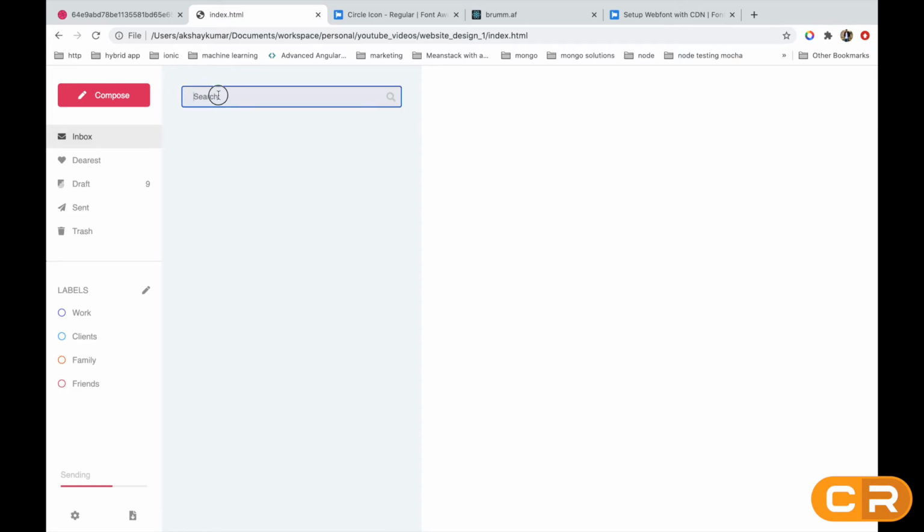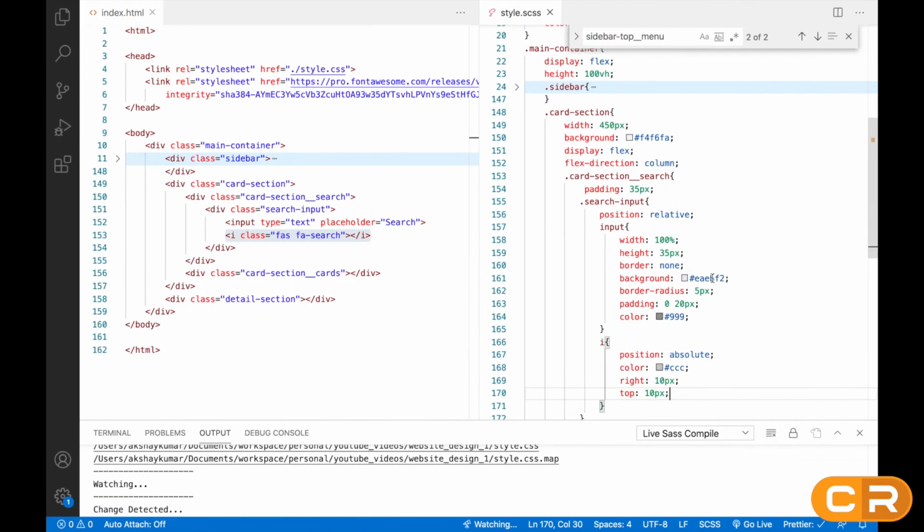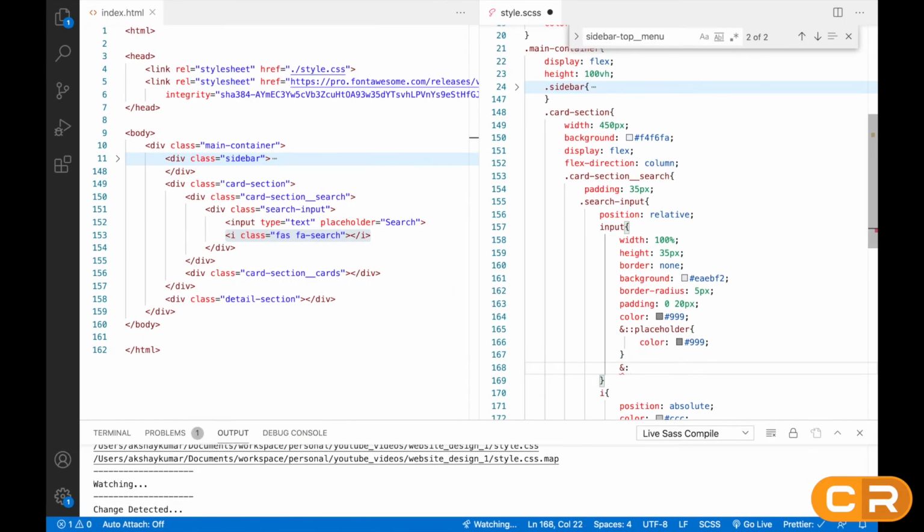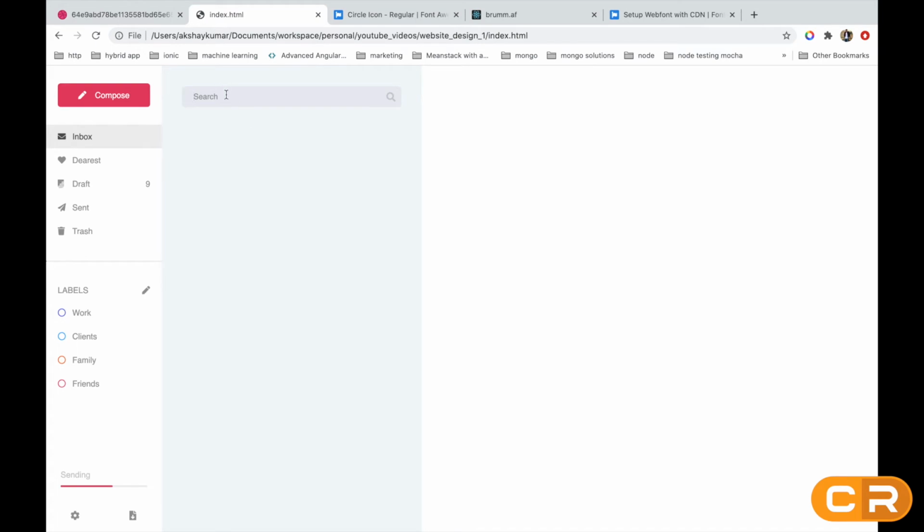We have to change this placeholder text color also. So inside this input we can actually change the placeholder color. Then color will be gray color, like this. Okay, when you click on this input element, you can see this focus also. We have to remove this focus, we don't want it. We can write focus, outline none. So now if you click, that outline will not come. So this part is also done.